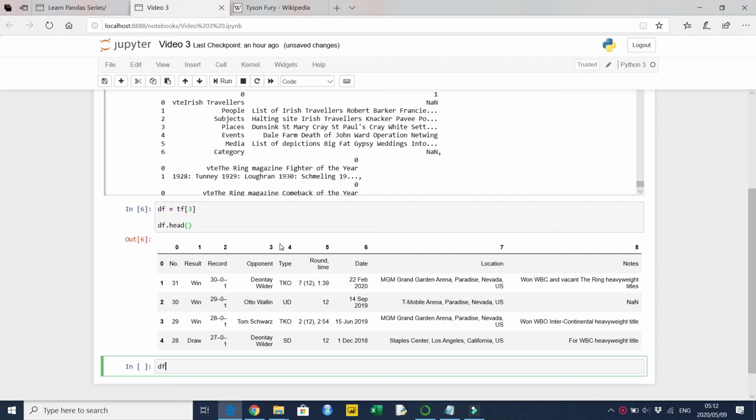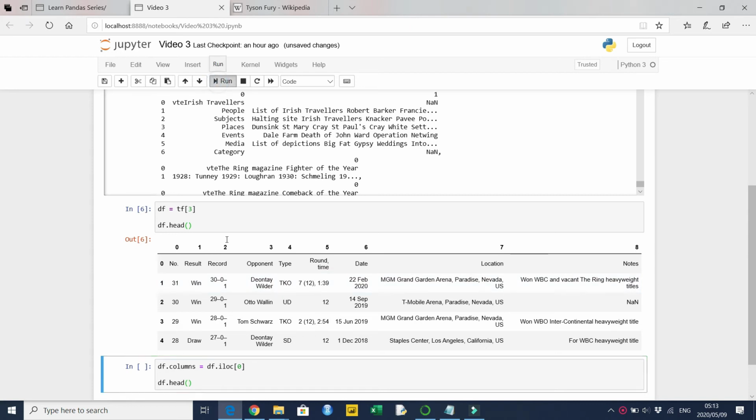We say df.columns, that stands for the column labels, and then we say this is equal to df.iloc. This picks a row, and we want to pick row 0. And what it's going to do is pick row 0 and make row 0 the column labels. Let's go df.head,